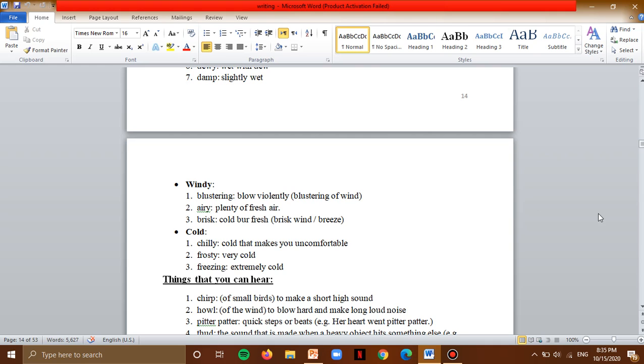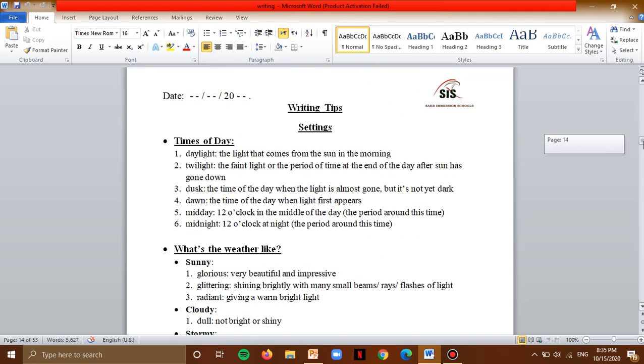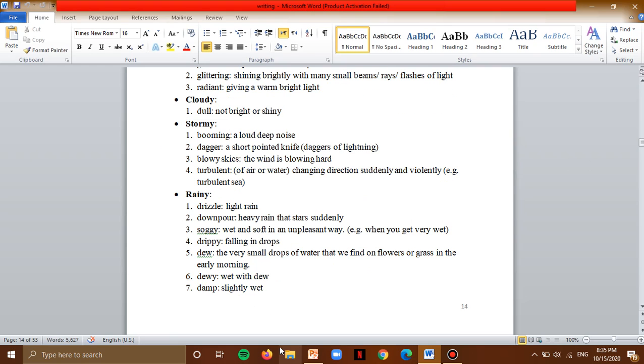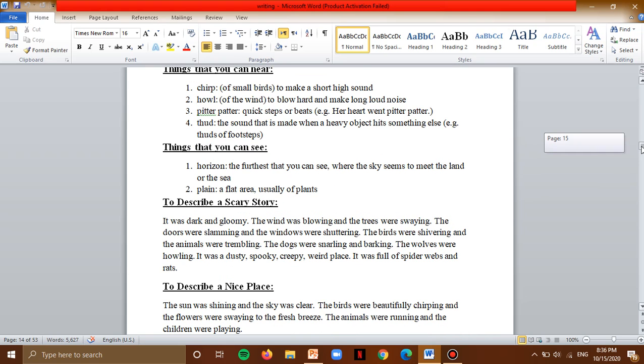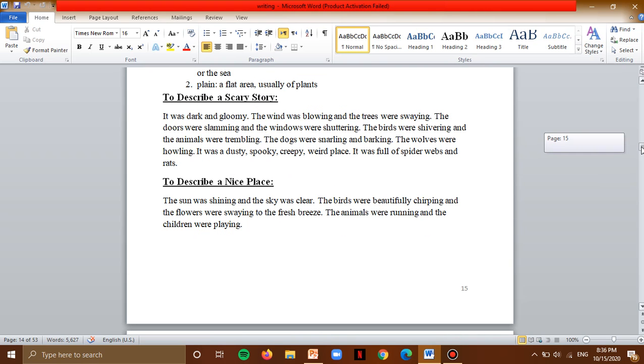So these are all expressions that I can use to describe the weather in my setting. We said the setting is the time, the place, and the weather. We can use these expressions to describe my time and my weather. Now, if I want to describe my place, how am I going to describe a place? If I'm writing a scary story, I can, for example, say,